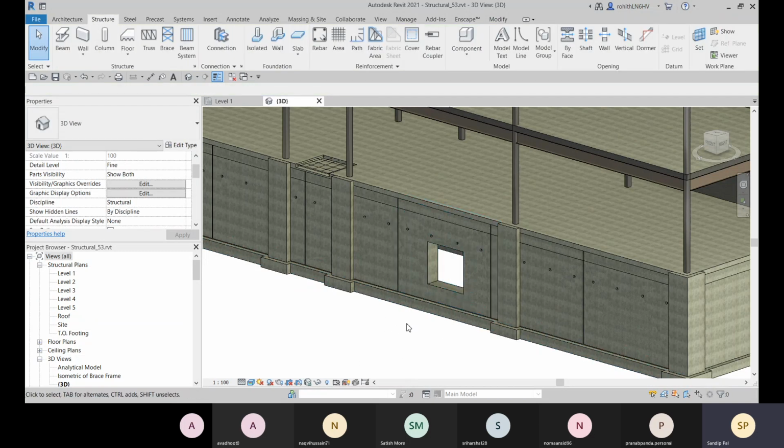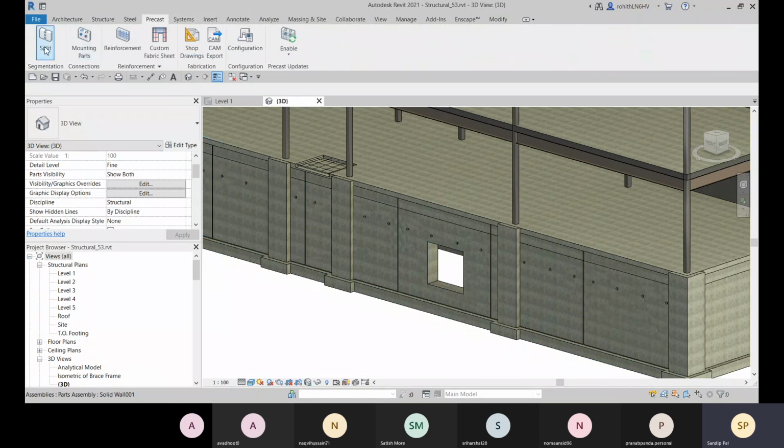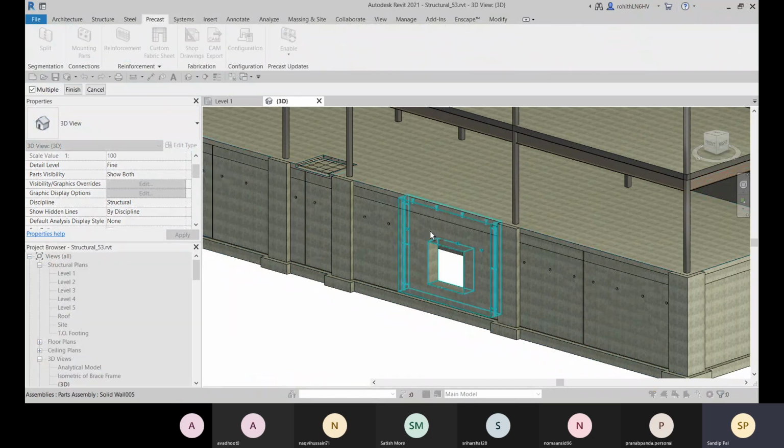And after creating it, you can go to the precast, and then you can go for reinforcement. Select this wall. Okay. When you select this, you will get this minus symbol if you place the mouse pointer again on the same wall. And when the wall is not selected, you will get that plus symbol with your mouse pointer. When you select, you will get that minus symbol if you place a mouse pointer on the same wall. So it is already selected. You can see that the minus symbol is visible, and you can go for finish.